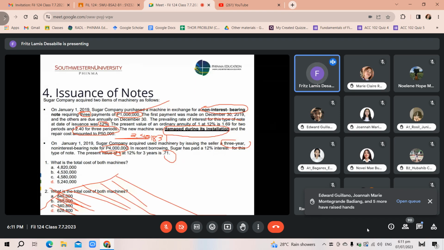Usually, if there is installation cost, hopefully you still remember what I discussed last week, we have to capitalize it as part of PPE. However, this one was damaged